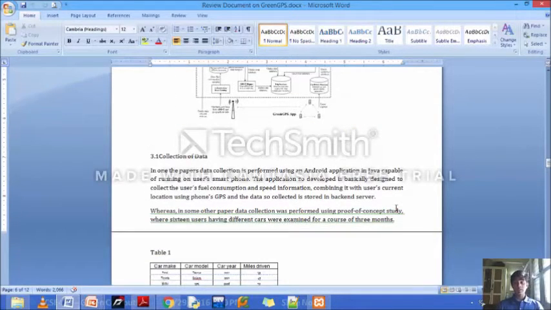Now, when Green GPS is implemented, it is extremely important to collect the data and analyze the data. One of the methods of collecting the data is by using an Android application running on the user's smartphone. The application so developed is basically designed to collect the user's fuel consumption and speed information, which will be combined with the user's current location using the phone's GPS, and the data so collected is then stored in the backend